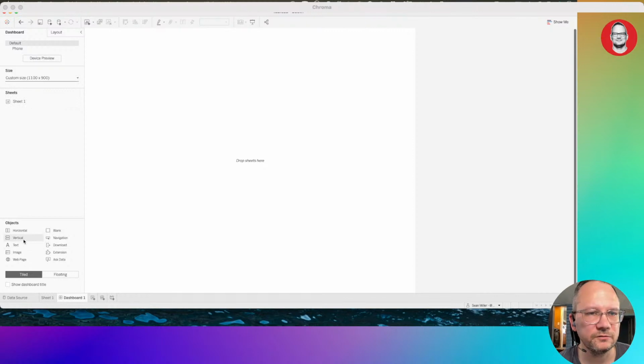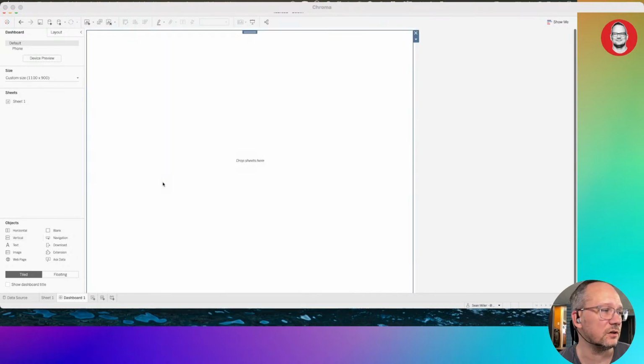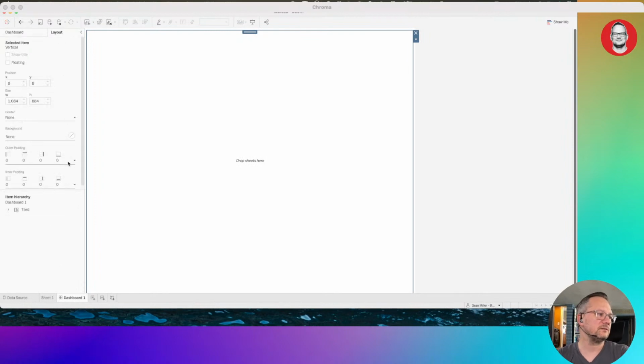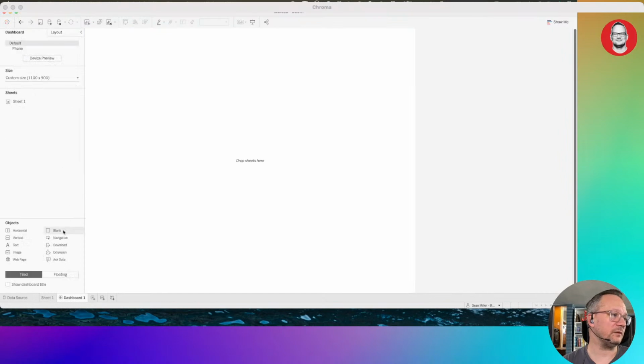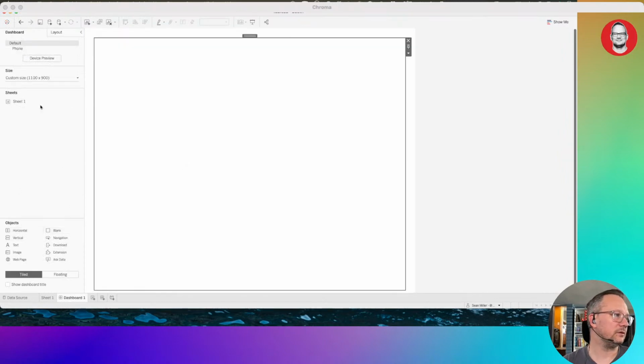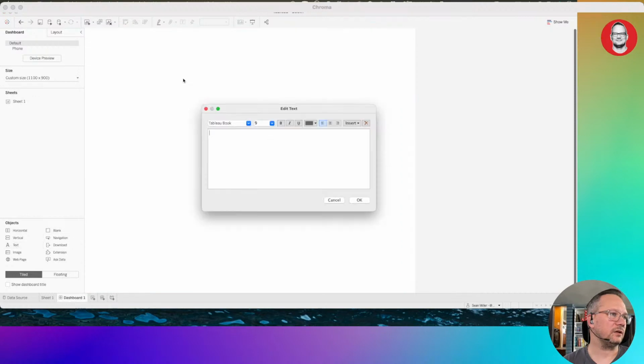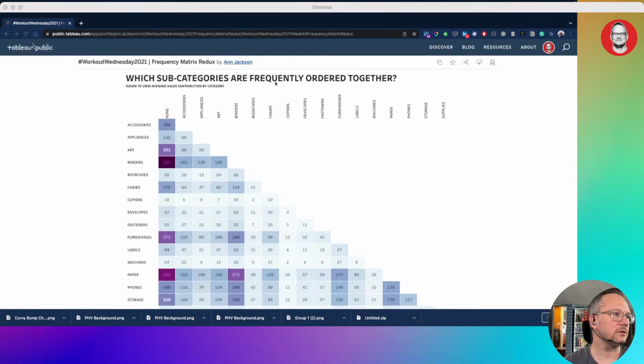I create all of my dashboards as containers, and I do it as a vertical box. So I take out a vertical container. Very first thing I do is I add anywhere between 20 to 30, depending on how I'm feeling, of padding around each side. Then I add my placeholder. Then I add a 24 title, semi-bold, all caps,